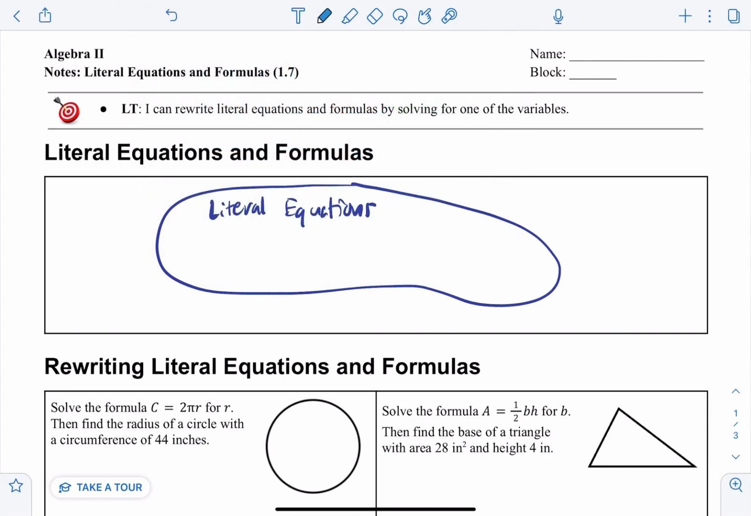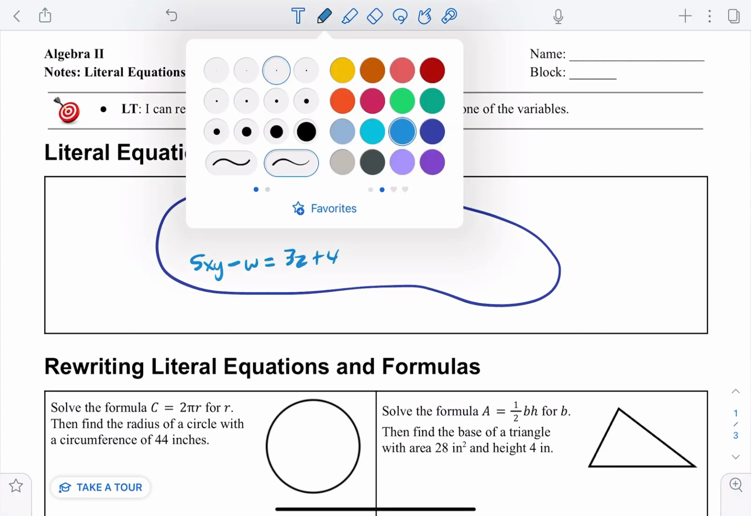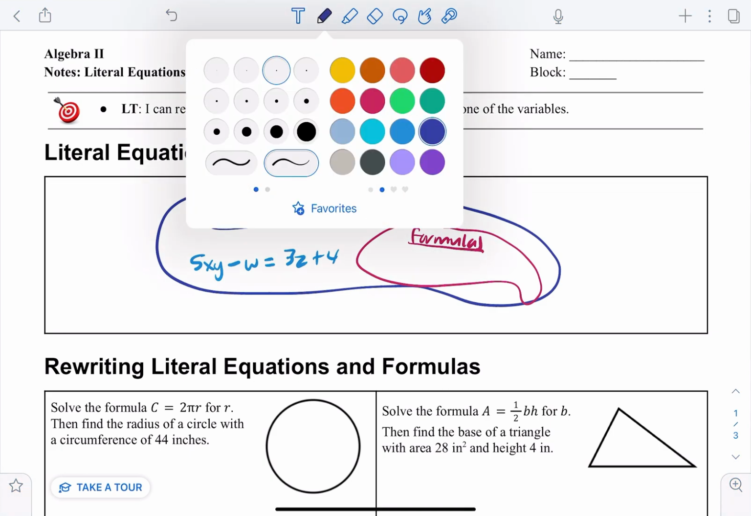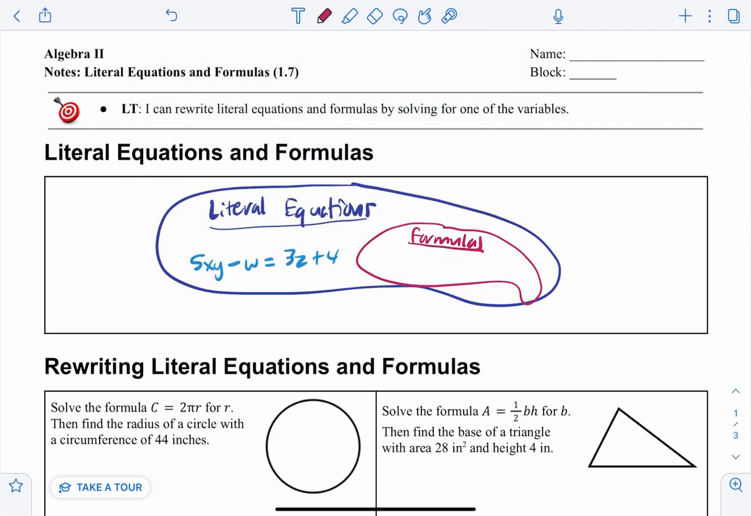So examples of literal equations would be like if you have 5xy minus w is equal to 3z plus 4, right? Just something that's got letters. Now, specifically, formulas are always going to be literal equations because they're going to have letters involved with them. But what makes a formula a little bit more specific than a literal equation is that formulas should be useful, things that we would actually use, like distance equals rate times time, or half times the base times the height of a triangle, so it can give you the area